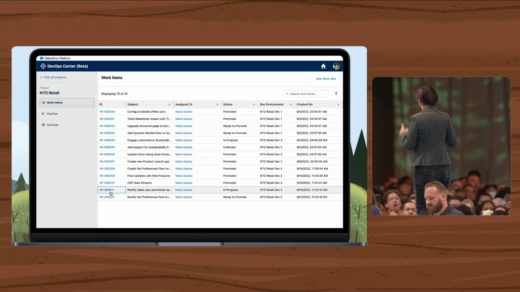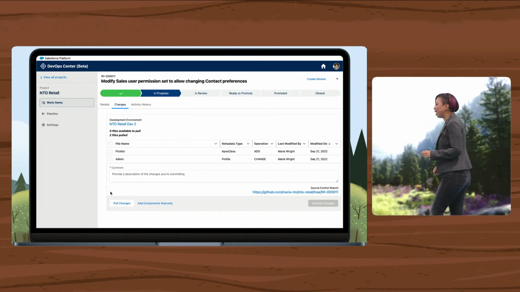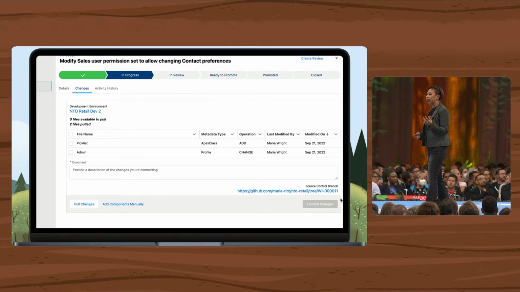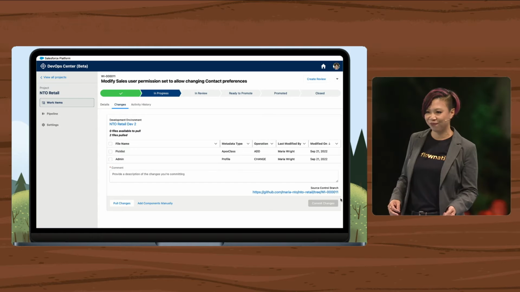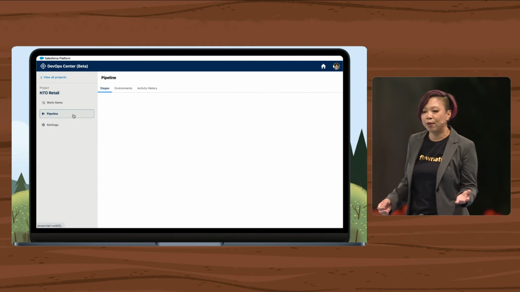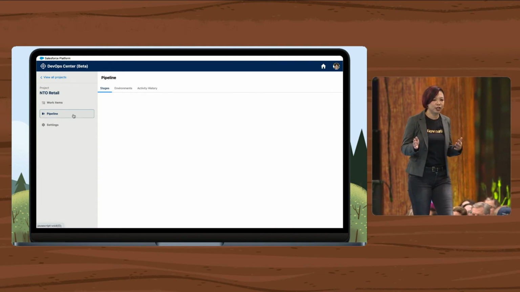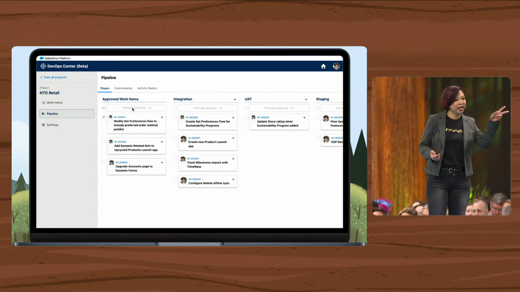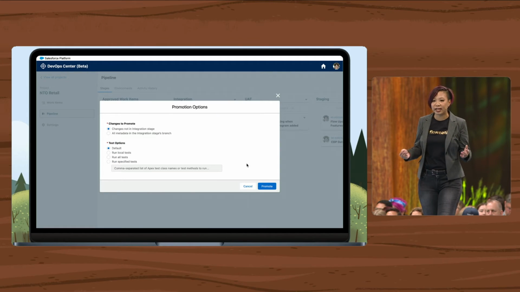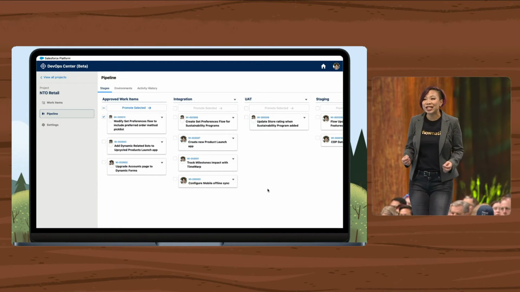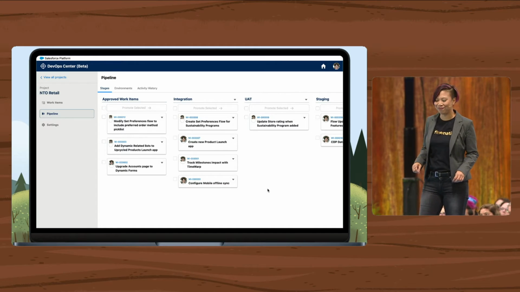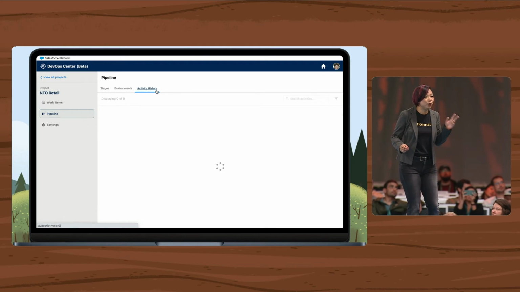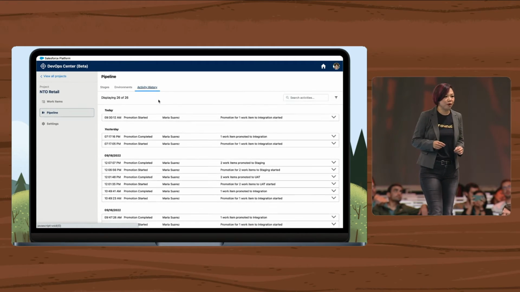Automatically, this is huge. And Maria works on her changes solo, but with DevOps Center, she has the power to collaborate with her developers using GitHub. And Maria's established her environments and pipeline to move her changes through her deployment process. And when she's ready to deploy, she just selects her items, clicks to deploy to the next sandbox, and that's it. Rinse and repeat to move all your changes to production. And we're tracking everything that was promoted, who did it, and when, and what was in each promotion.